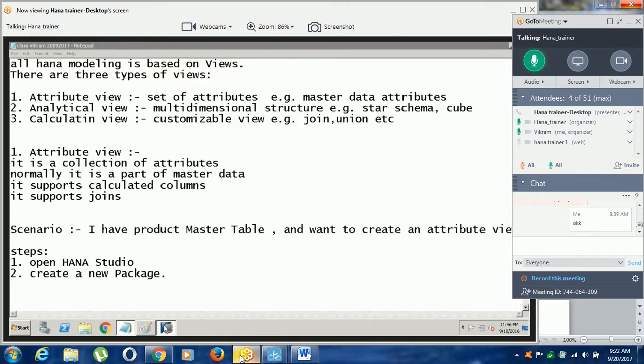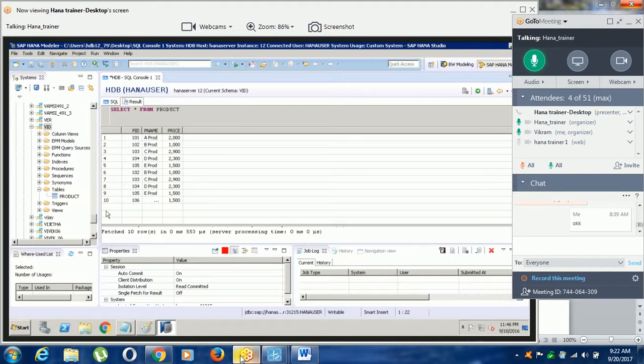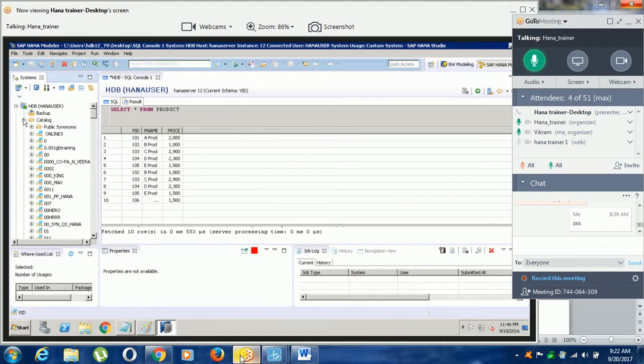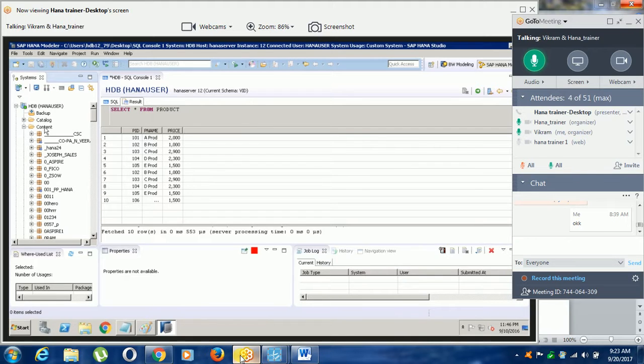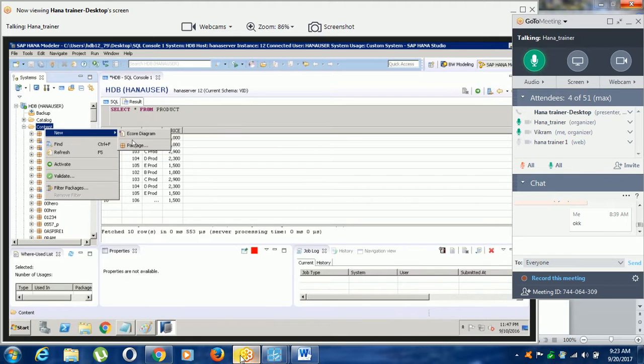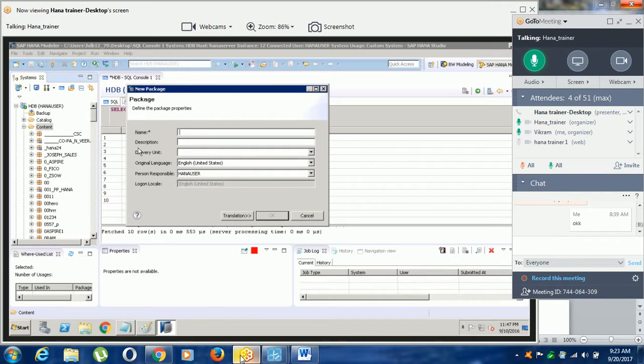Open HANA Studio. This is HANA Studio. In this HANA Studio, you can go to the content. In this content, these are packages. You can right click on the content, new, package. You can create a new package.